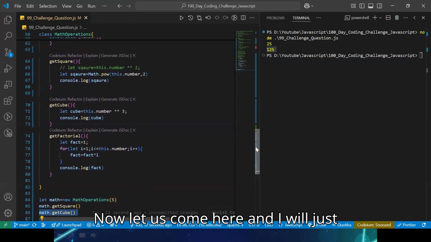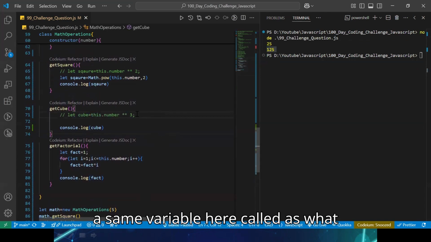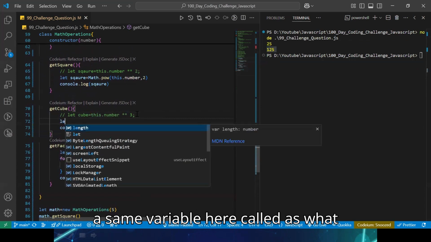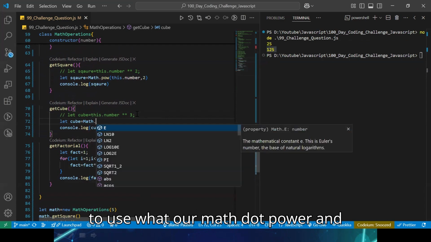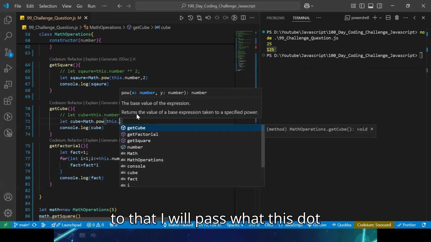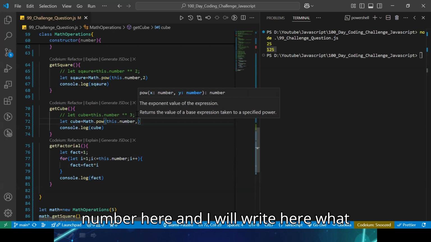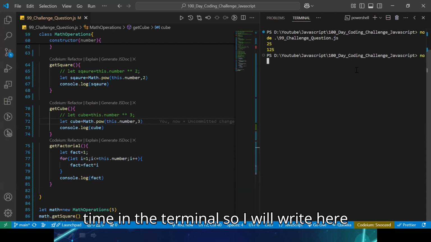Now let us come here, and I will comment it out, and declare the same variable called cube. Let cube is equal to, and we are going to use Math.pow, and to that I will pass this.number here, and then a comma, 3. Now let us test it one more time in the terminal. So I will write